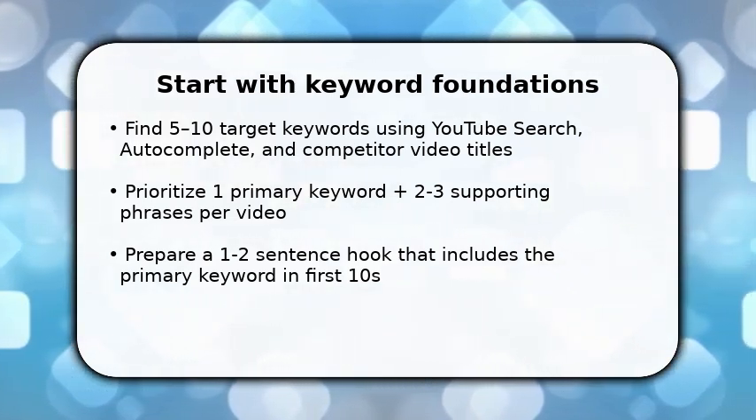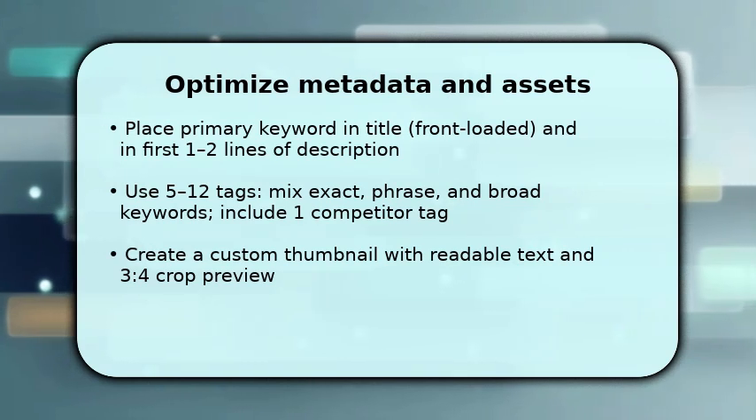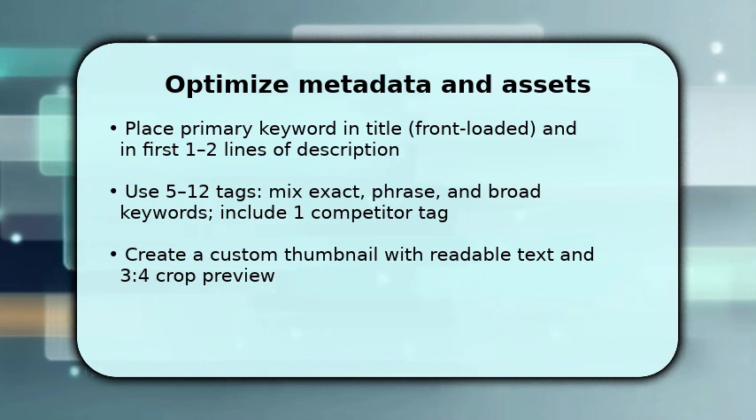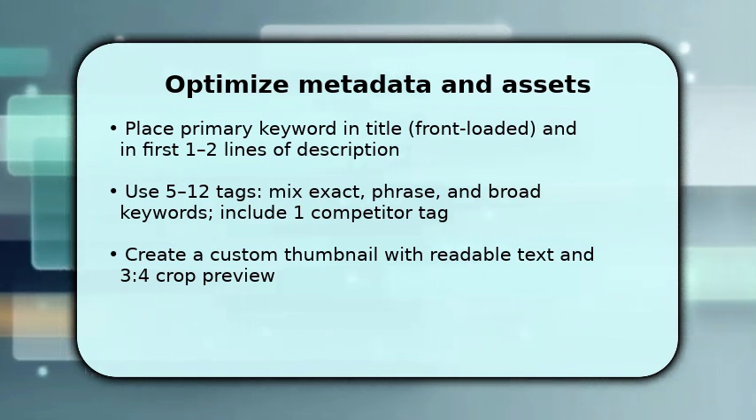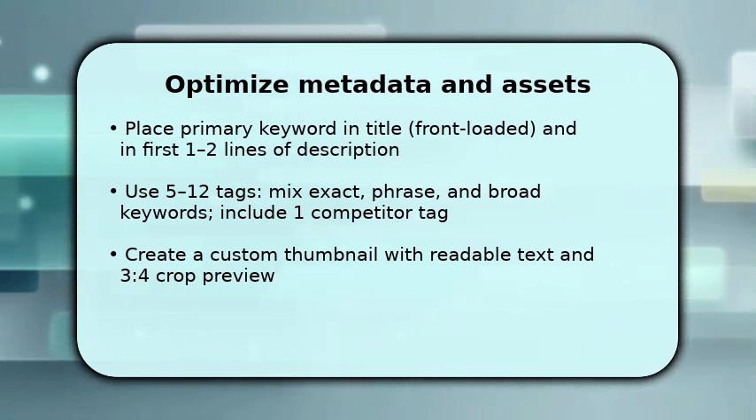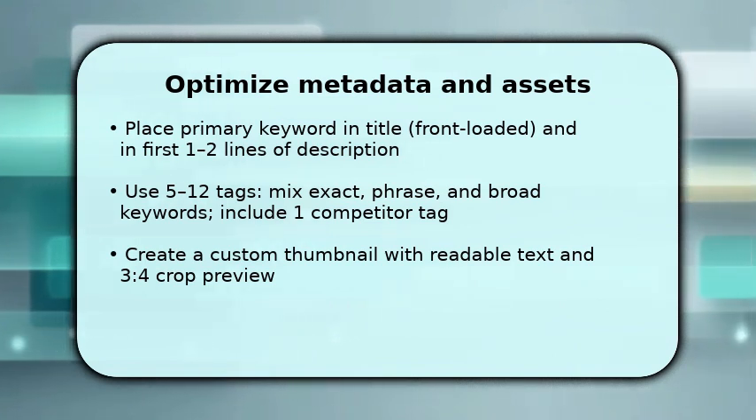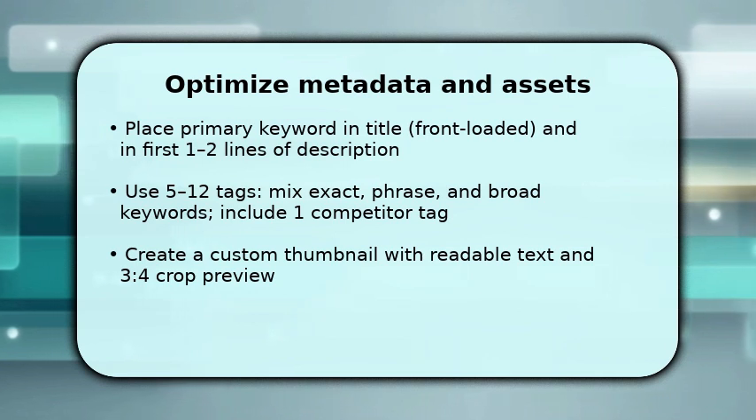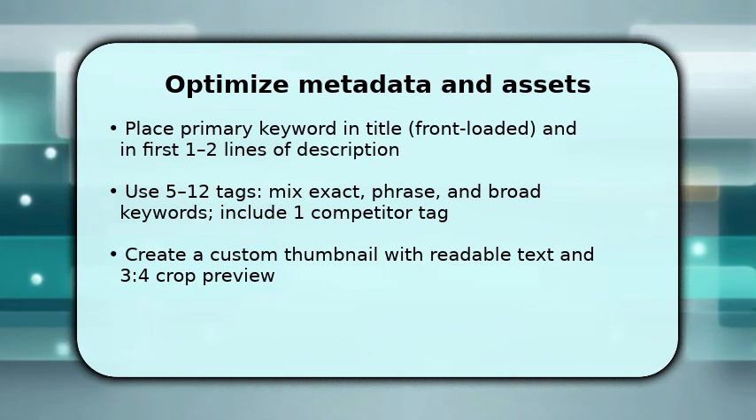Now you implement metadata and asset changes that influence search and click-through rate. Put the primary keyword near the start of the title and repeat it within the first 1 or 2 lines of the description so algorithms and viewers see clear relevance. Next, add 5-12 tags combining exact matches, phrase matches, and broader topics. Include one competitor tag to capture related searches. Also create a high-contrast custom thumbnail optimized for small screens. And make sure your opening visual matches the thumbnail promise to reduce